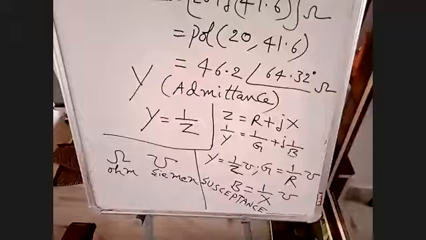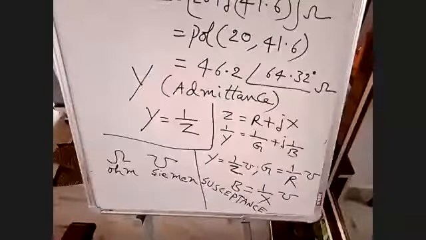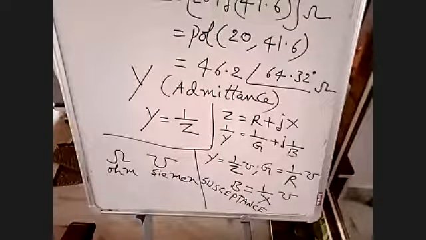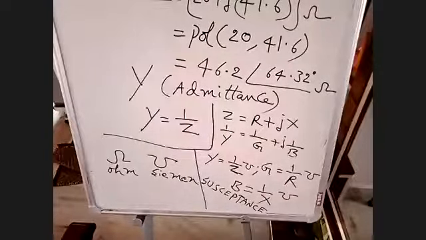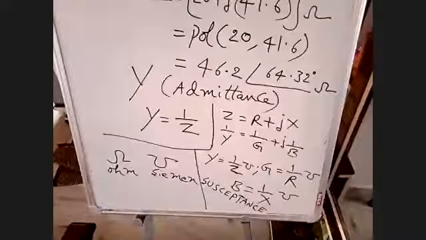Is there any doubt in the formula? No, sir. Okay. Now these in exam they'll ask for 2 marks. What is admittance? You have to write inverse of impedance. So conductance G is equal to 1 by R. Inverse of resistance is conductance. Inverse of reactance is, what is inverse of reactance?